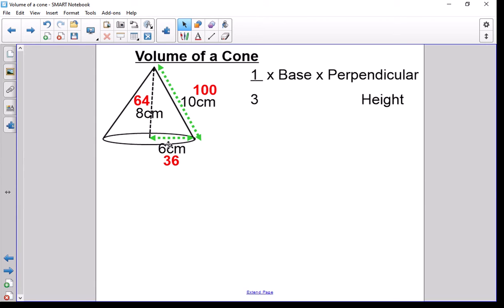Now the radius squared is 36, that slant squared is 100, and remember it's the two shorter sides squared which need to add to make the longest side squared. So in terms of steps, we would square the 10, which is 100, we'd square the 6, which is 36, take it away, and then square root. So we should have something like this. So the longest side squared was 100, so 10